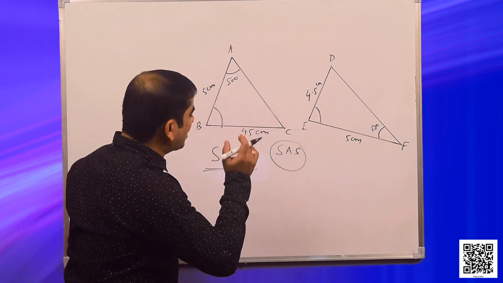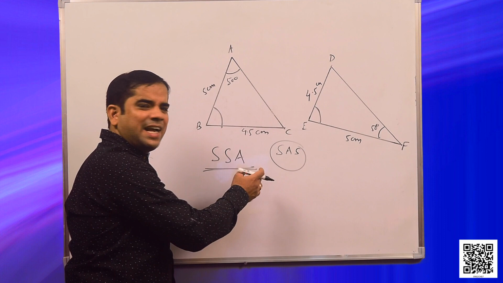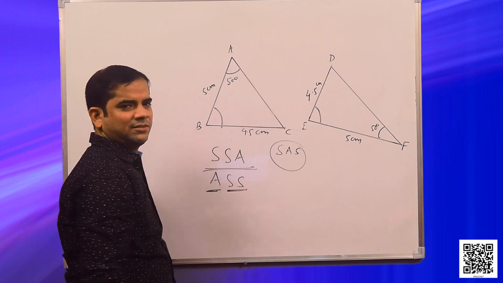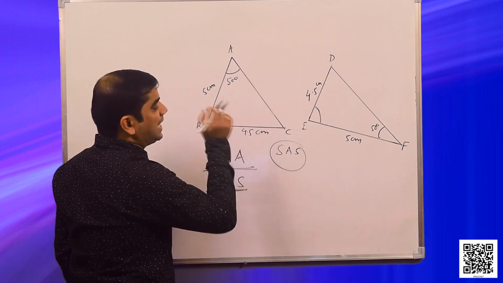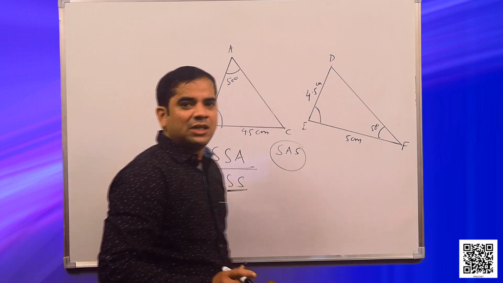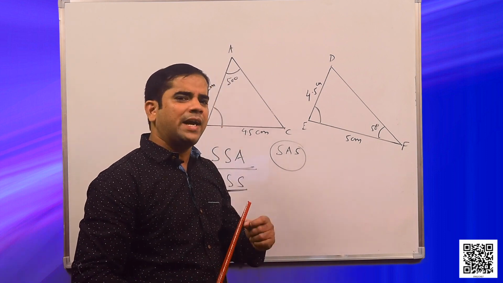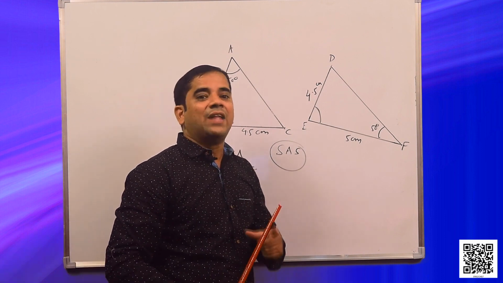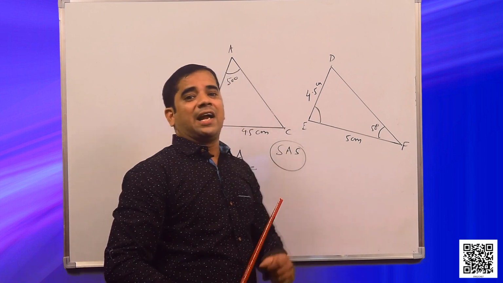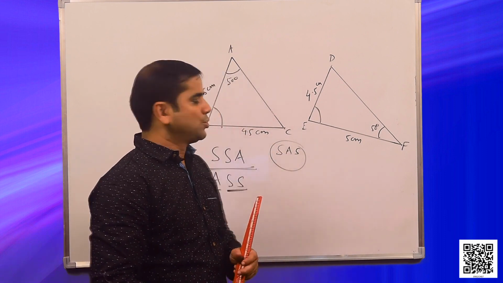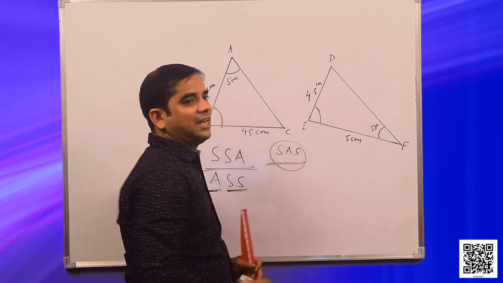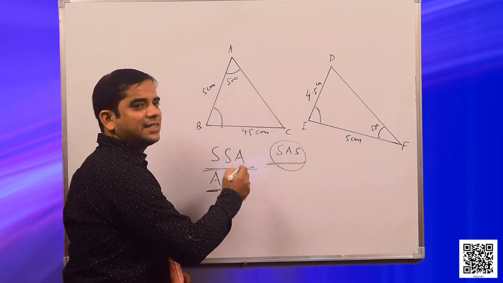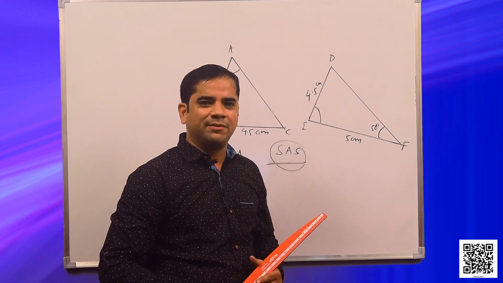What happens with ASS? This SSA can be written as ASS. That means one angle and two sides are equal, but the angle is not included. So, in case two triangles have two equal sides and one equal angle, when will they be congruent? If and only if that angle is the included angle of the two equal sides. So, only SAS congruency is satisfied, okay, not SSA or ASS. Hope you understood this concept. So, students,